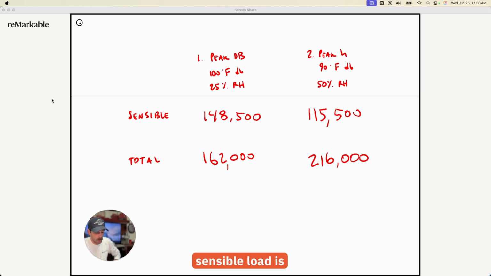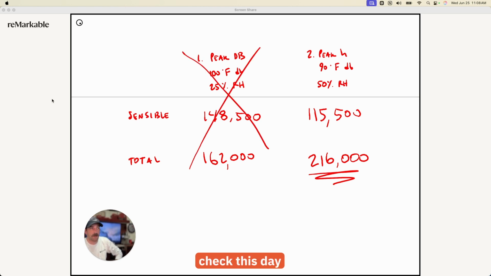The sensible load is lower than our peak dry bulb. However, because of that extra humidity, our latent load is higher, and the total load on the coil ends up being 216,000 BTUs. So if we're designing a DOAS unit, we do not want to design it for this day. We want to check this day. When is the peak enthalpy, the peak load that this thing is going to see? And it comes out to this number here